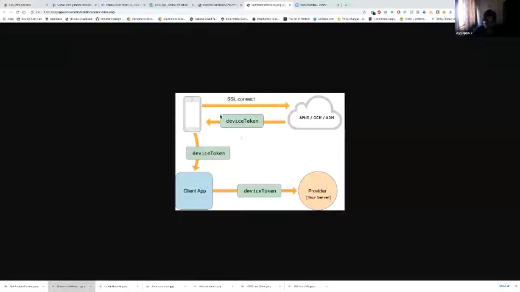It's a better one. So once it initially connects to the native servers, it will give a device token, and this device token will be delivered to the phone, to the client basically, and this device token will be shared with your servers as well. So whenever you need to send a notification, you use this device ID or device token and say, okay, send this message, and the native service will deliver the message.